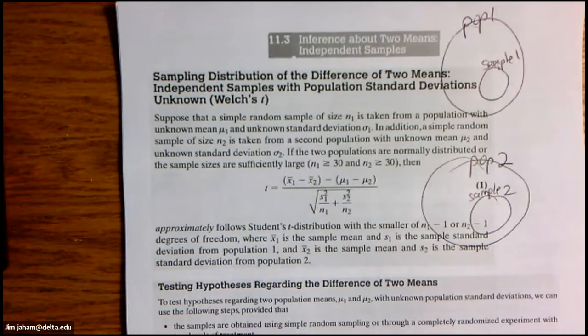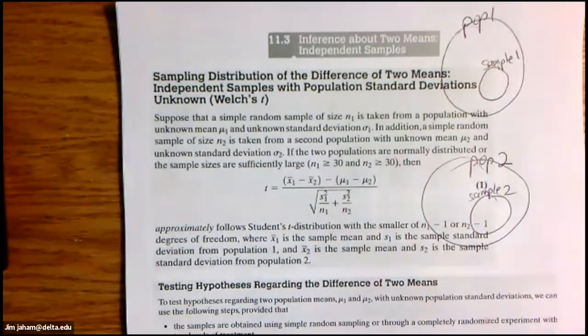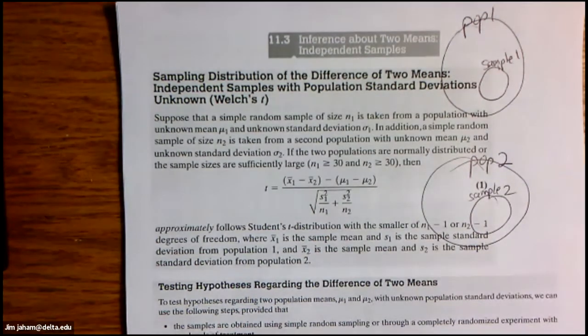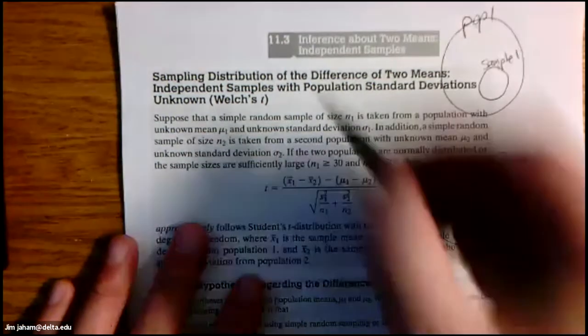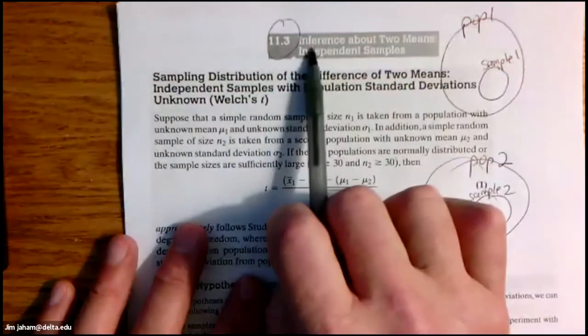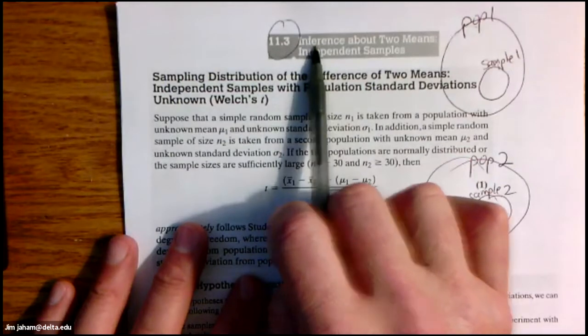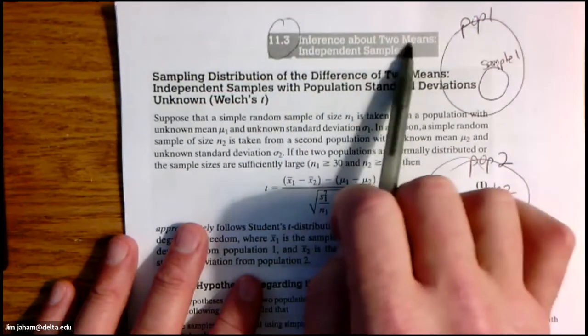Qualitative. Yes, no. Did you eat the recommended number of daily servings of vegetables? Yes or no? What was the other one? Oh, did you earn a college degree? Yes or no? So it's just they earned a college degree or they didn't. It's categorical. In this case, in section 11.3, we're going to do hypothesis testing about two population means, but now